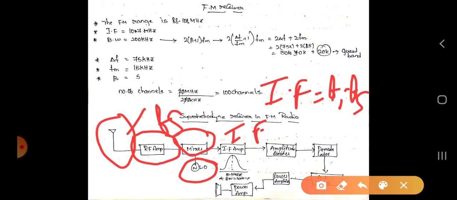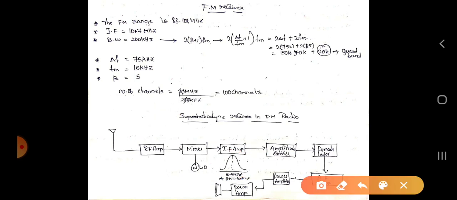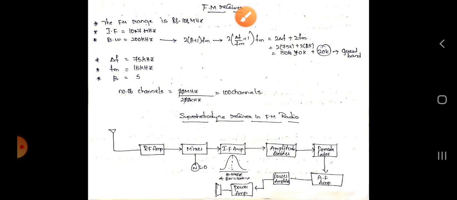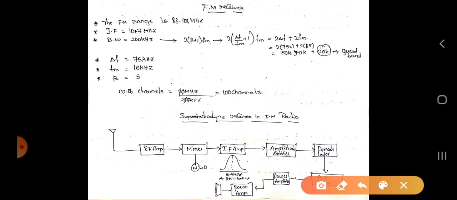So this is how we are down converting by adjusting the local oscillator. We are maintaining the required intermediate frequency. I am taking the intermediate frequency as 10.7 megahertz, but it may be different depending upon our application. And the bandwidth is similar, that is 200 kilohertz, and after that the signal is given to